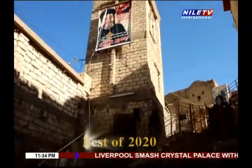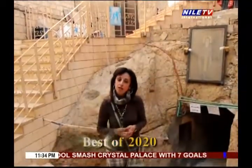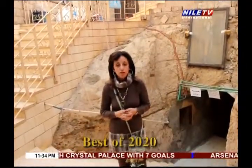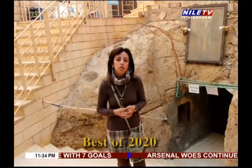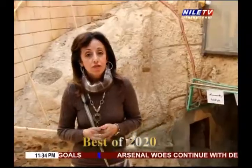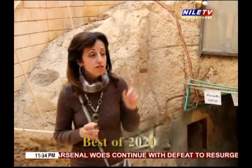The Church of Virgin Mary, the famous church, is located in Samalot Center in El Minya Governorate. It comprises a rock-cut church that dates back to the sacred journey of the Sacred Family in Egypt. Here in Sawada village, which follows the center of El Minya and El Minya Governorate too, there is another cave